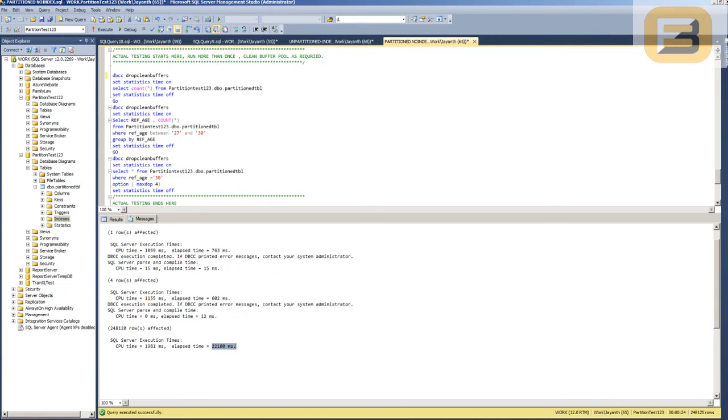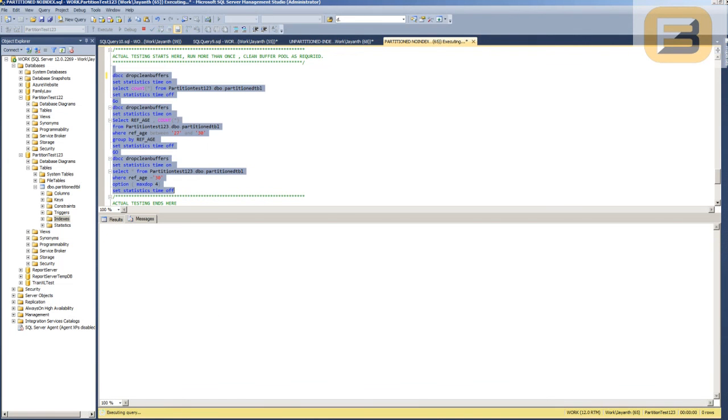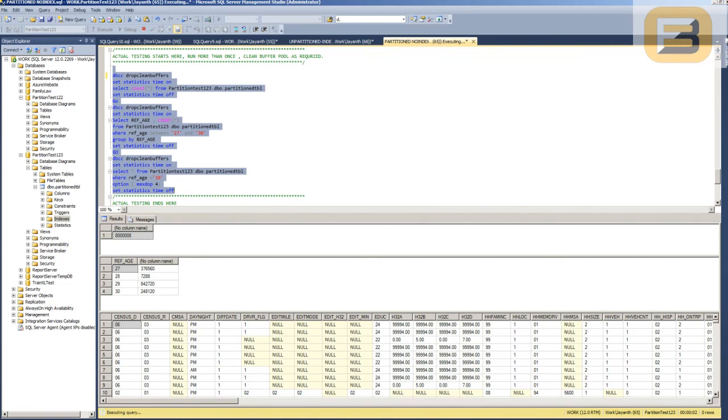And the other one, the one that we're doing, select ref range is equal to 30, that remains consistent, so it doesn't seem to be benefiting from any of the indexes we're creating. But let's do this. Let's execute this whole thing again, and just make sure that we're getting the same numbers